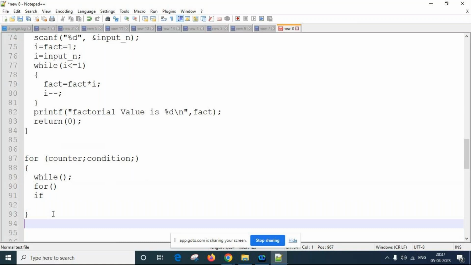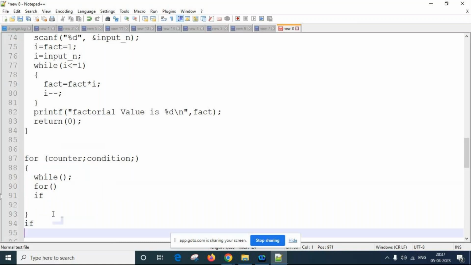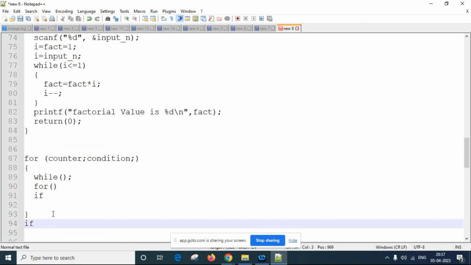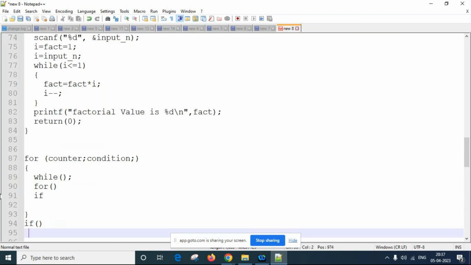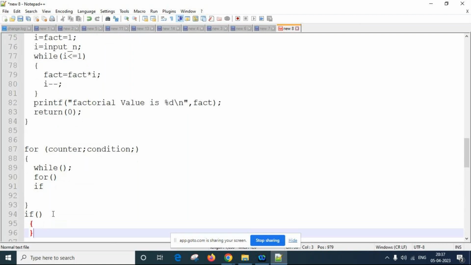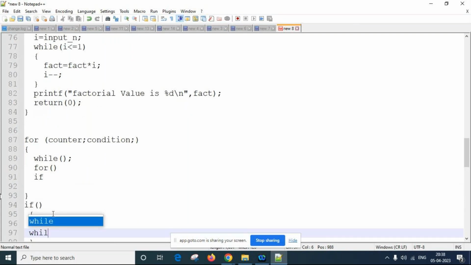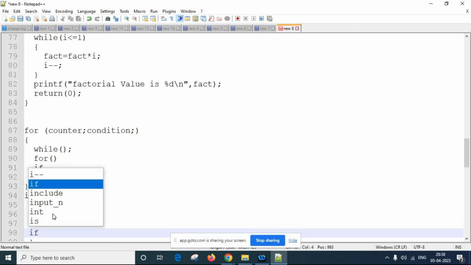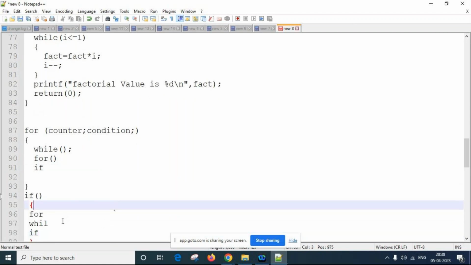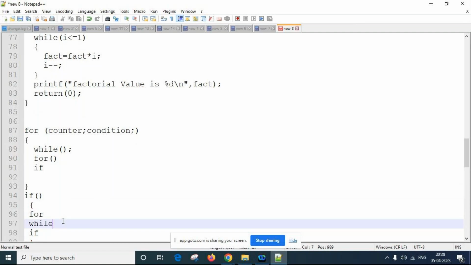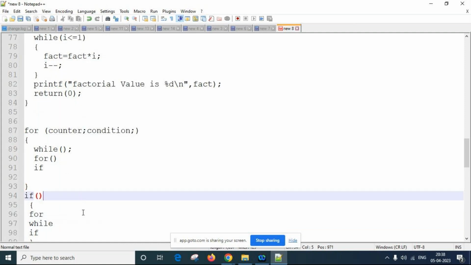Within if also we can have for or while, and one more if; nesting of if is also possible. Then we can include these things under different statements also. So it is applicable to do so.